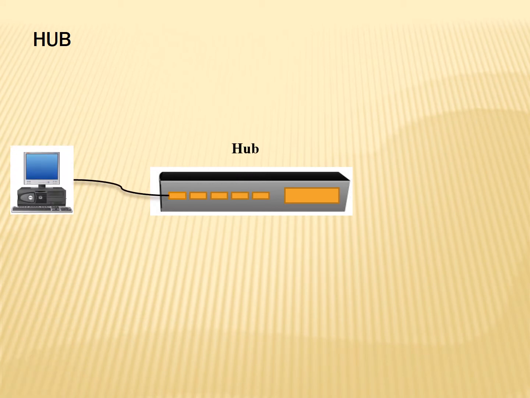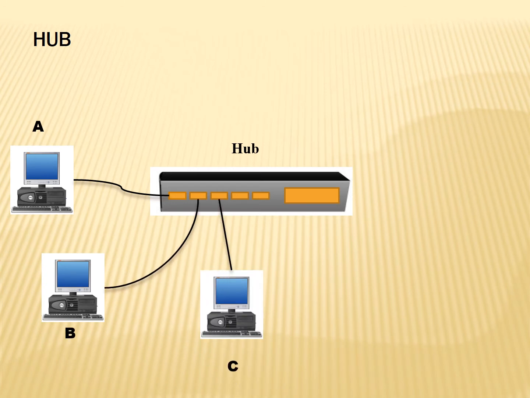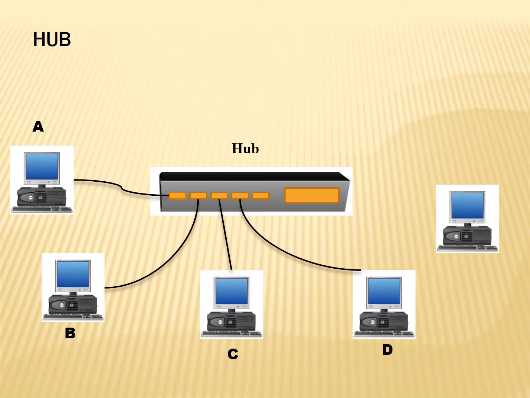Now let us see the diagram of hub. So this is the diagram of hub where all the computers will be connected. Here is computer A, this is computer B, C, D and E. So this is how the computers are connected. These are the connectors, that is the RJ25 connector. We are going to use it in order to achieve the connection. Hub is a device that is very famous. You have often seen hub in your computer lab. So if a computer wants to transfer the data to D, it will first send it to the hub and it will be routed to D.